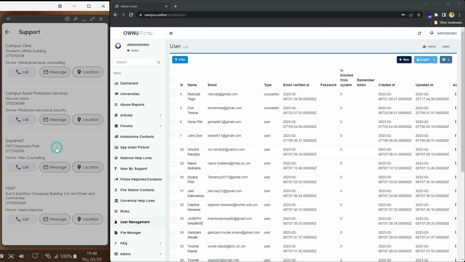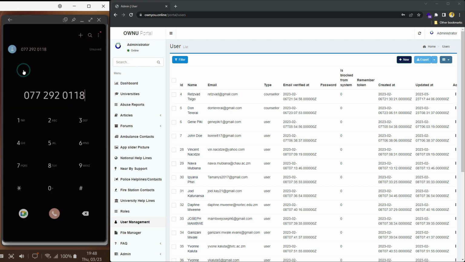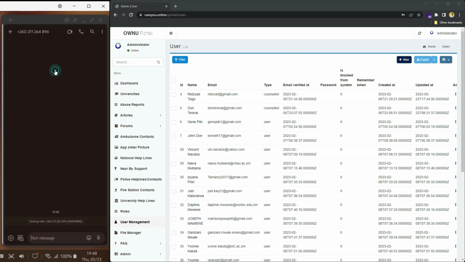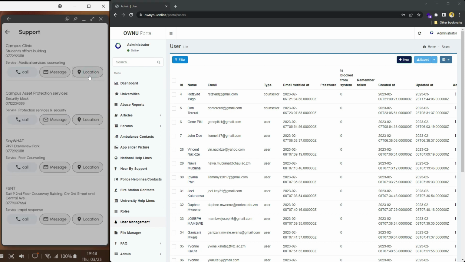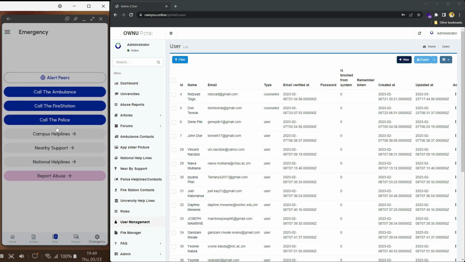If you click nearby support, this shows a list of all the help services that are around the user, right, that are close to the user or to the user's institute. So they can also call in, and they can also message, and they can also view the location. So that's it. So how do we input this information in the admin panel so that it actually shows